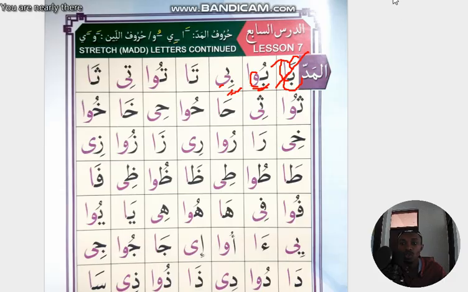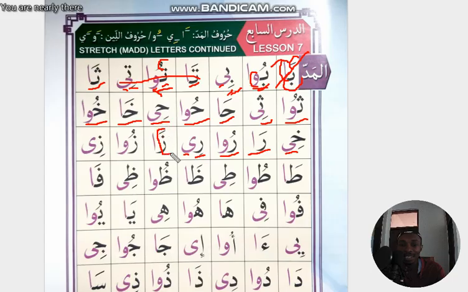ta, fatha, alif sukun, ta, dhamma, waw sukun, tu, ta, kasra, ya sukun, ti, ta, tu, ti, tha, fatha, alif sukun, tha, dhamma, waw sukun, thu, tha, kasra, ya sukun, thi, tha, thu, thi, ha, fatha, alif sukun, ha, dhamma, waw sukun, hu, ha, kasra, ya sukun, hi, ha, hu, hi, kha, fatha, alif sukun, kha, dhamma, waw sukun, khu, kha, kasra, ya sukun, khi, kha, khu, khi, ra, fatha, alif sukun, ra, dhamma, waw sukun, ru, ra, kasra, ya sukun, ri, ra, ru, ri,